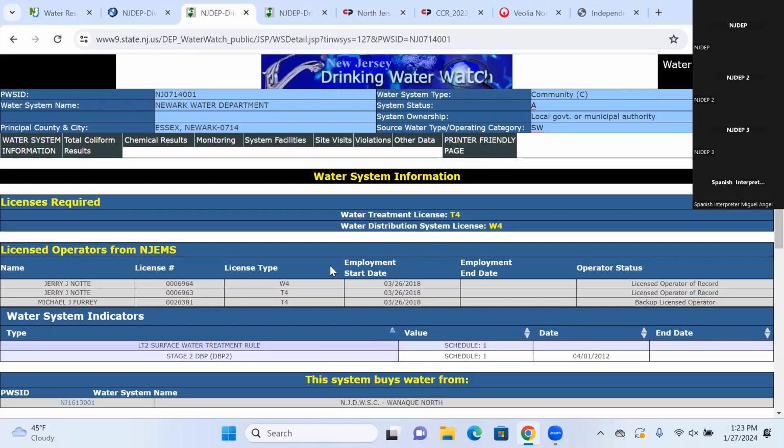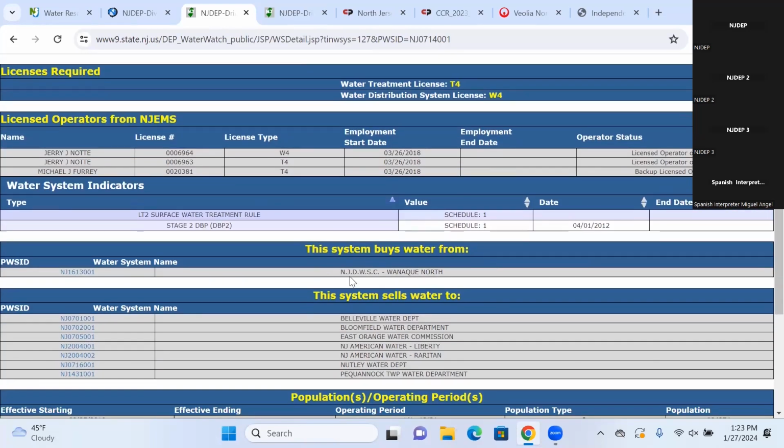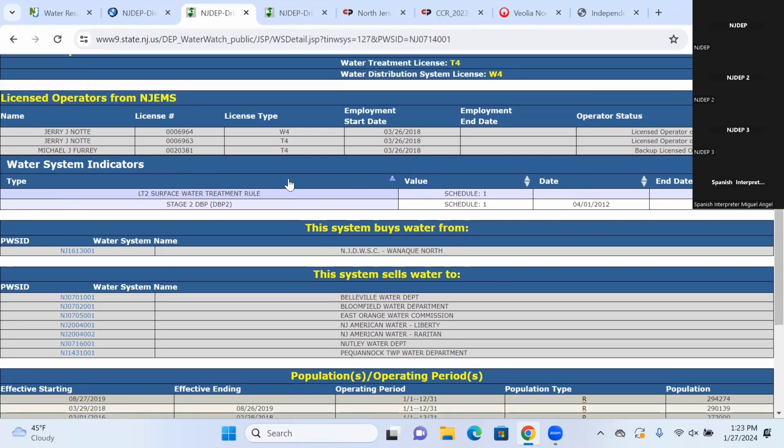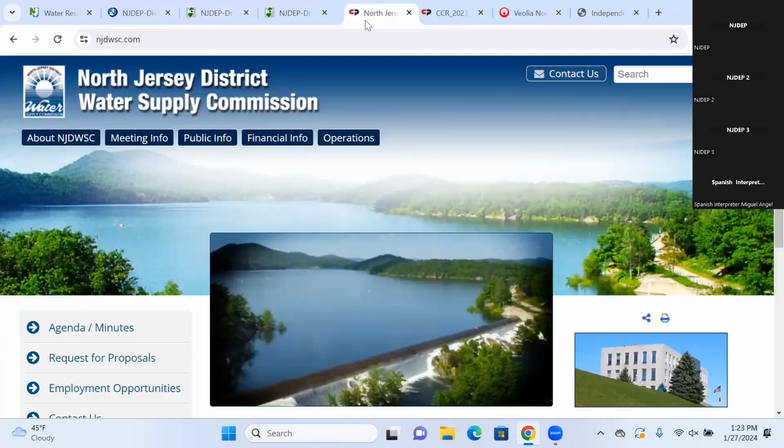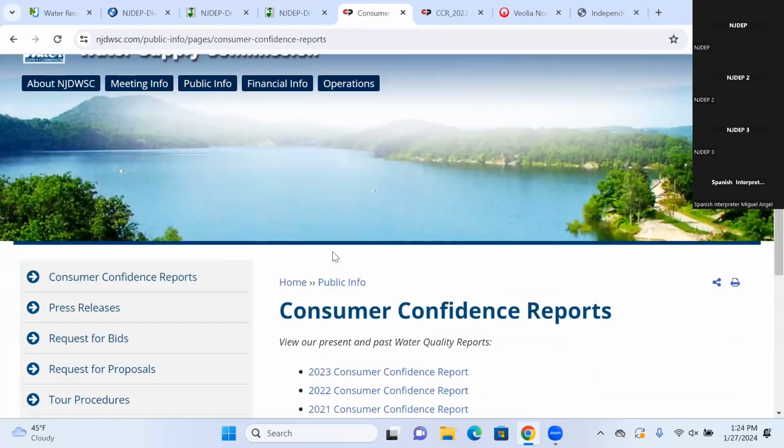And so it takes you to this page, and there's a lot going on here. But what you want to look for is where they get their water from. And so here you could see it says NJDWSC Wanaque North. So that's the North Jersey District Water Supply Commission from the Wanaque Reservoir. And if you go to their website, which I have here, you can click on Public Info, Consumer Confidence Reports, and